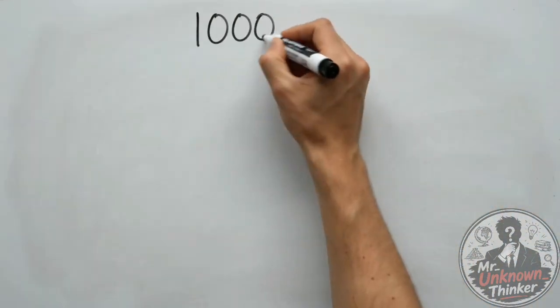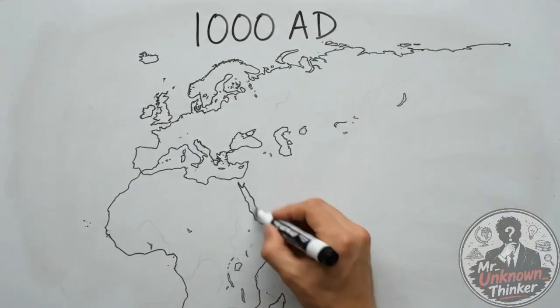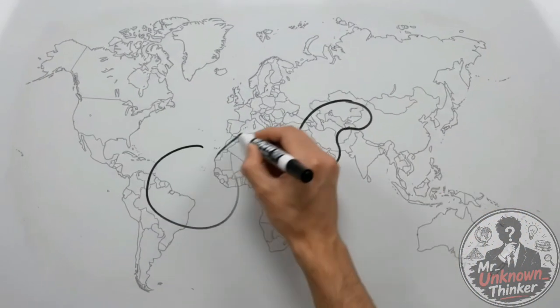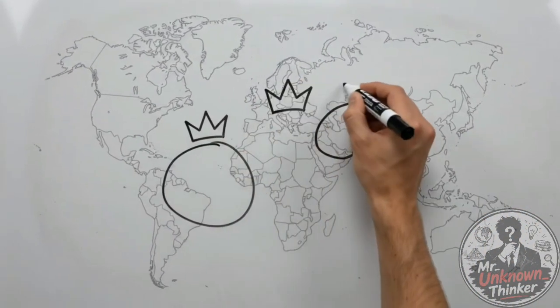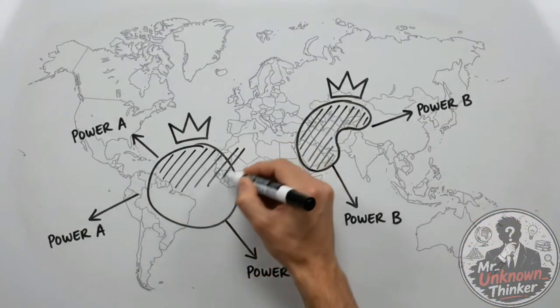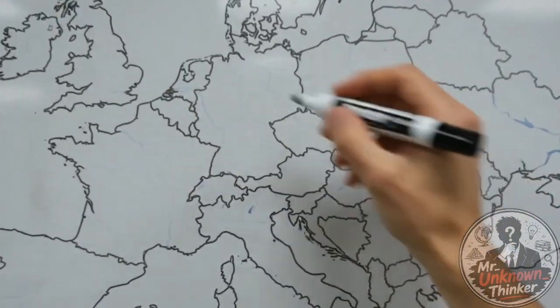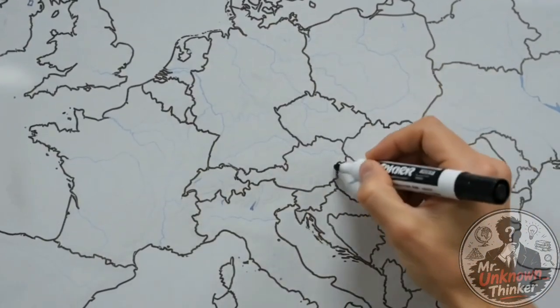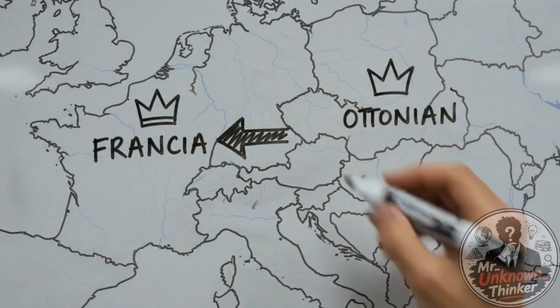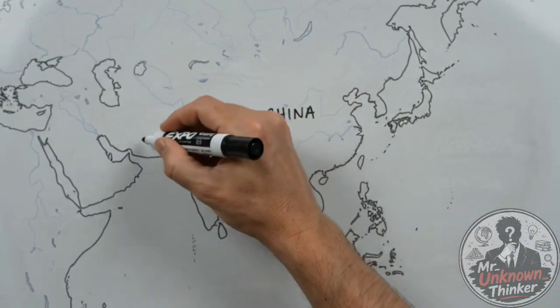This is the world in the year 1000. Instead of the nearly 200 countries we recognize today, the map was dominated by large kingdoms and powerful empires that controlled vast regions. Europe was divided into medieval kingdoms whose borders changed constantly through alliances, inheritance, and conflict. Modern nations such as Germany and Italy did not yet exist as unified countries.